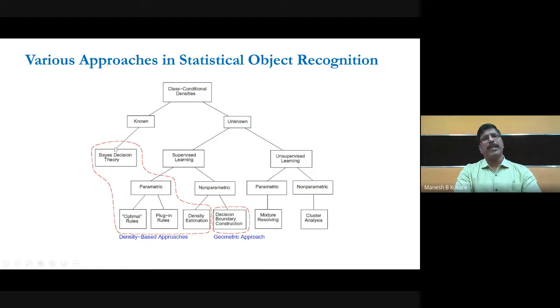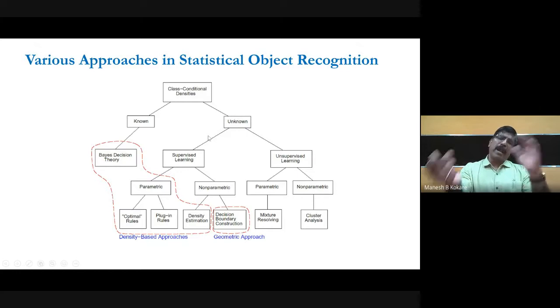If you know the probability of the unknown pattern, you know the conditional probability and the total probability, and then you calculate the posterior probability, right? So simple Bayesian decision theory can be used for decision making. Just for review, we will take that Bayesian decision theory in the statistical approach. And if it is not known, so for example, if the class conditional densities are unknown,